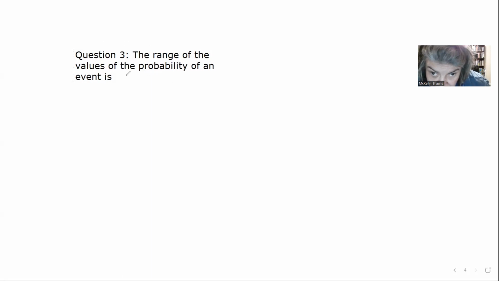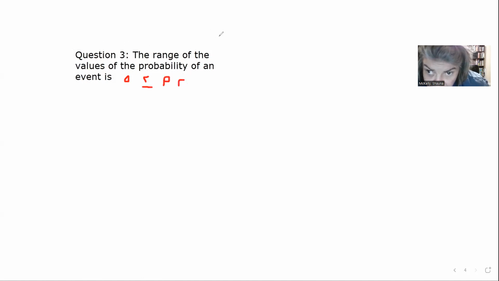We're going to engage our math skills. 0 is less than or equal to the probability, which we typically denote with a capital P, less than or equal